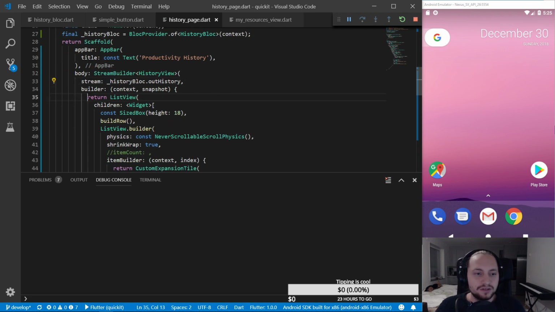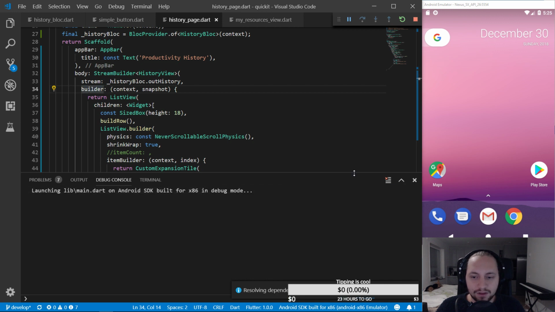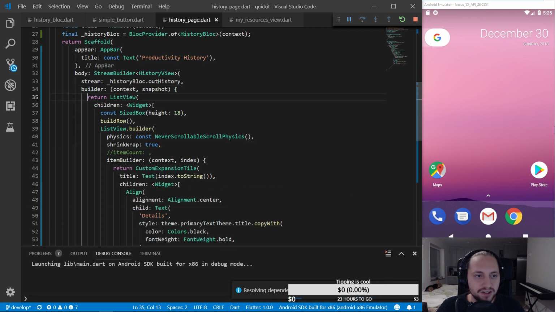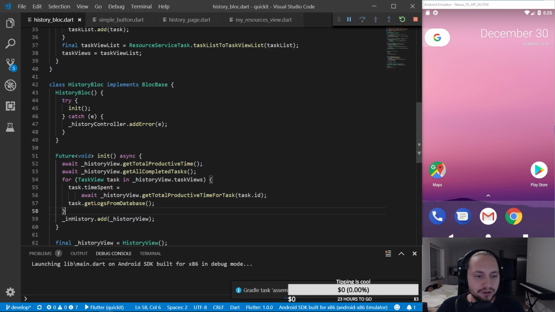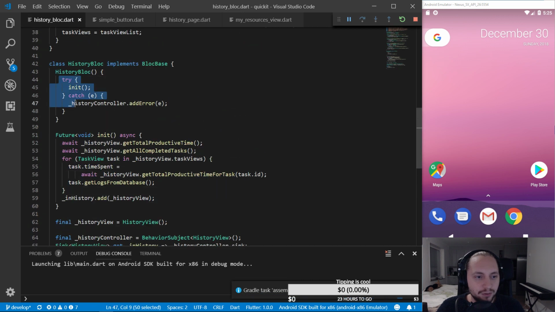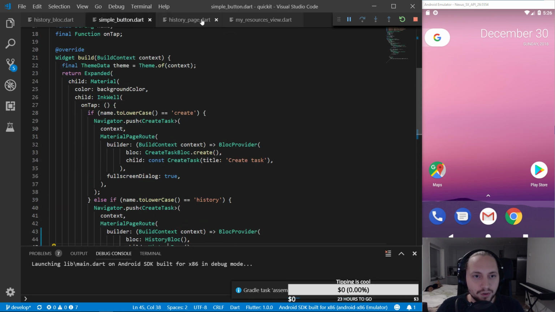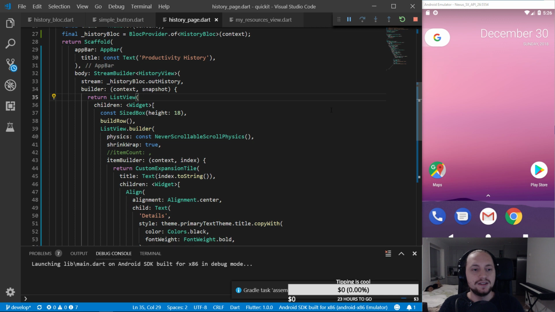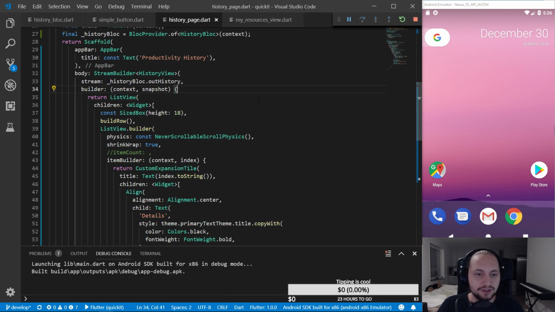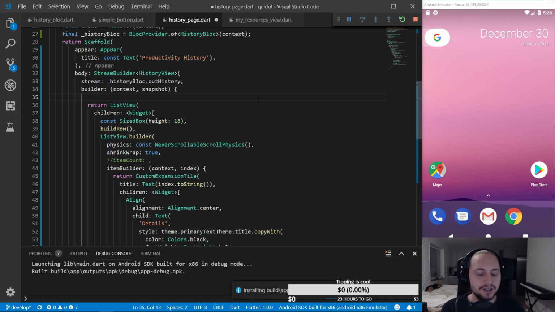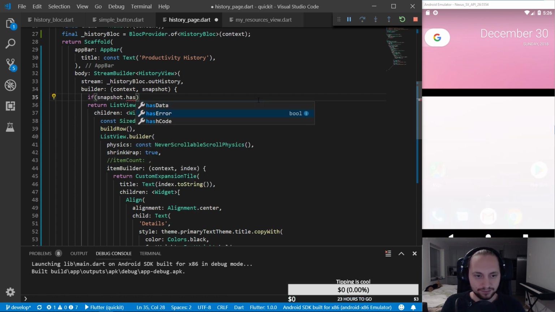Okay, so here we can do a couple of things, right? So inside this builder, we are returning the list view. But as I showed before in our init here, we try to get info for all of our tasks. And if we don't, or there's some error on the way, we add an error. So what we can do inside here is that instead of returning the list view right away, we can do an if the snapshot has error,